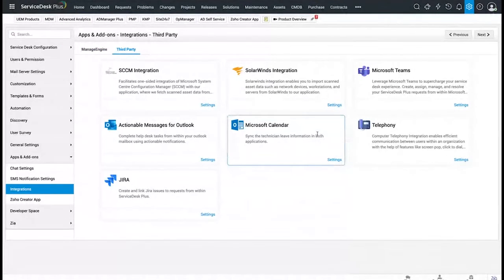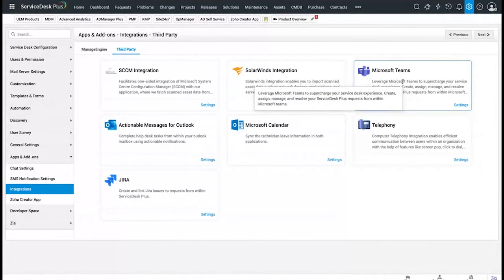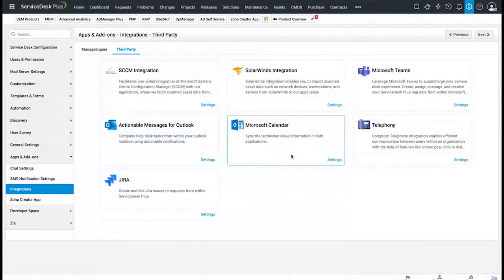Here you have multiple integrations that can be set up, like Teams, Outlook, and Calendar. And as you can see, we have settings present here. All of these can be configured by using the admin guide for your reference. The process is quite exhaustive, where you have to copy credentials from one product to another and so on. So we will not be going into details of how these integrations are configured. I'm just going to give you a quick overview of where you can configure them and what roles